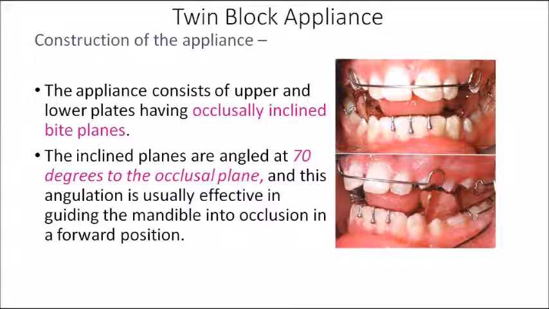It's not a compulsory component, but a labial bow can also be included in the basic design of the twin block appliance. But basically the twin block consists of your acrylic biplanes with inclination at 70-degree angles with the delta clasp so as to retain the bite blocks on the posterior teeth, as well as for additional retention you have the ball and clasp between your lower incisors and upper incisors, and in addition to that you can also include an upper labial bow so as to prevent the proclination of the incisors.